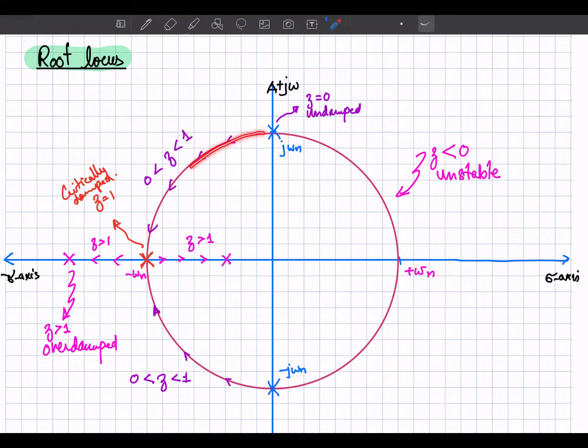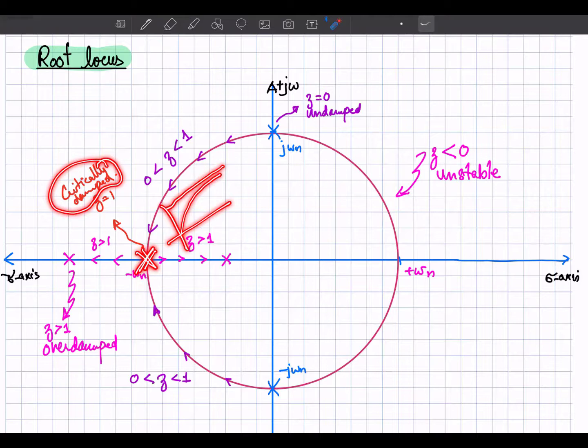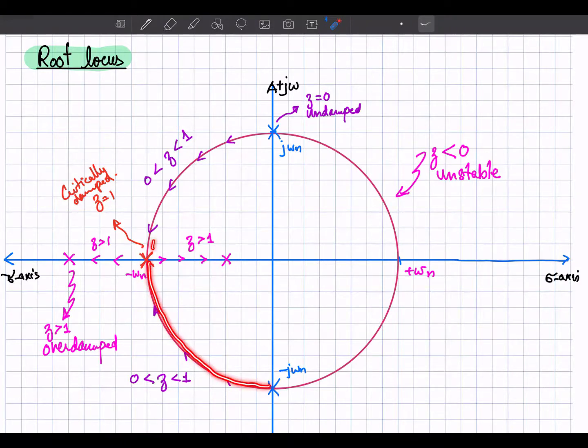Okay, so once the zeta becomes equal to 1, both of the poles traveling over this path reach this position. So both the poles overlap. So this is said to be the critically damped system. When the zeta is equal to 1, both poles overlap each other, and in that case the response will be like this. The oscillations will disappear. When your poles are over here, when those are complex conjugates of each other, then there are oscillations, finally decaying oscillations, and the response will be like that.